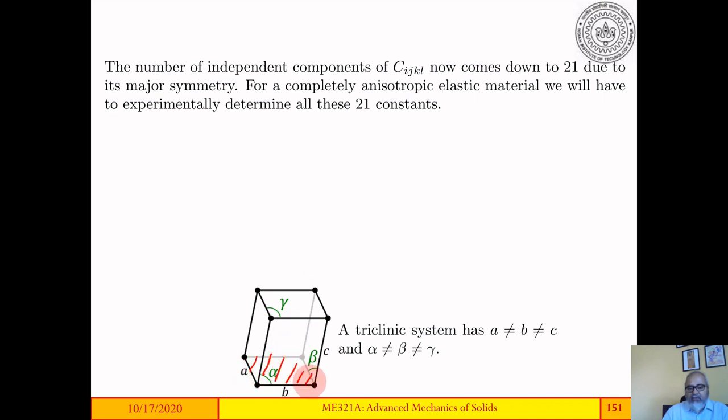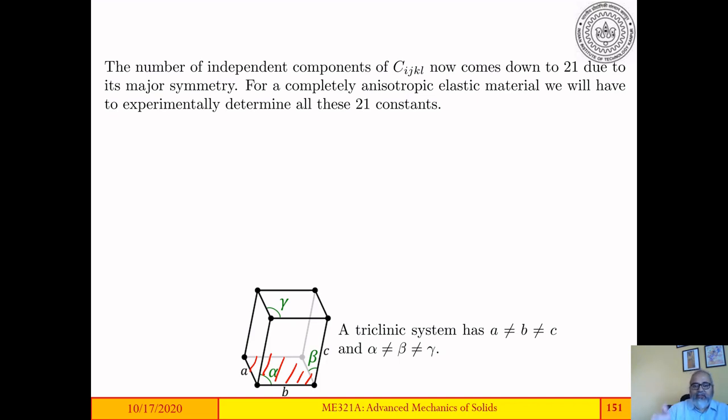What I mean by that is, if you rotate it by 180 degrees, you will not be able to distinguish between the rotated unit cell, this is the unit cell, and the unrotated one. So that's the only possible rotation that you can have of this unit cell that will result in an indistinguishable